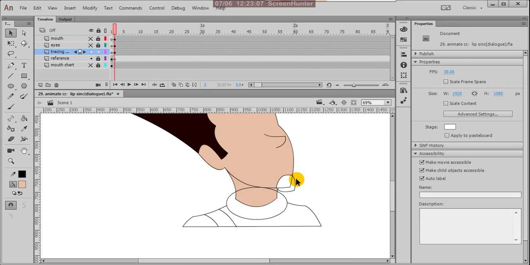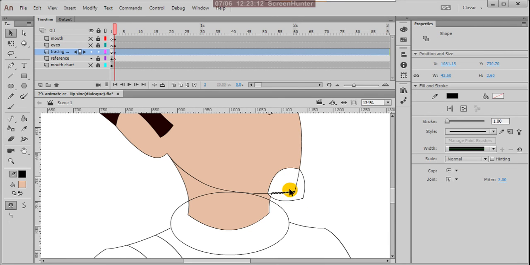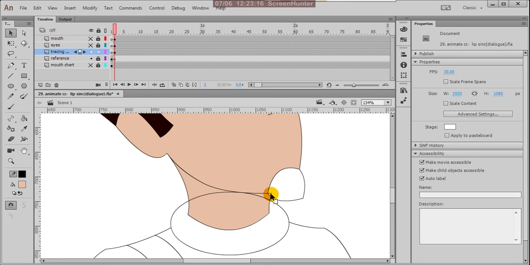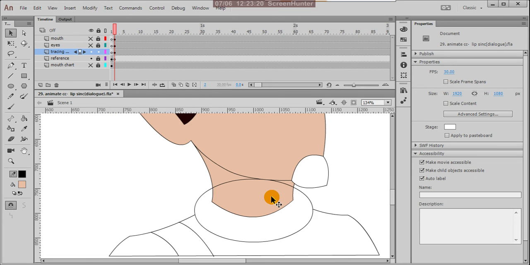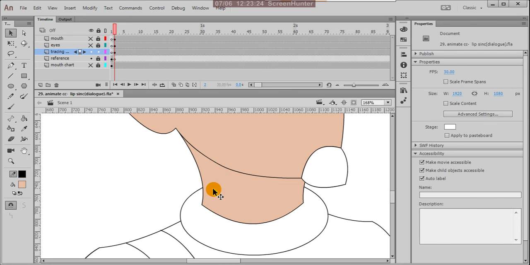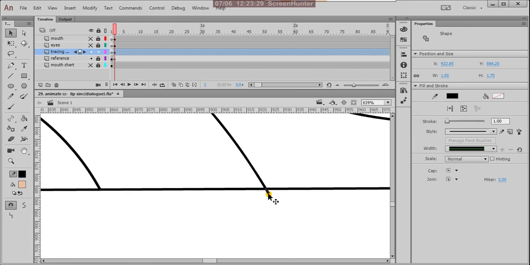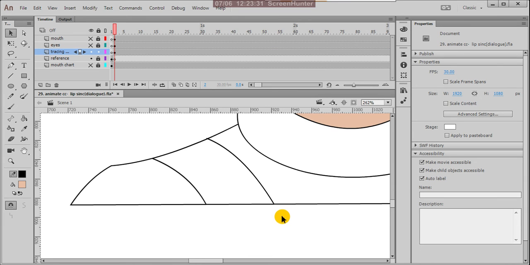Yes, now what I'm doing, these overlap lines I'm deleting. These lines are not required, because it is overlay, under that the other parts are there, so here I'm deleting. Yes, and here also a few lines I'm removing.